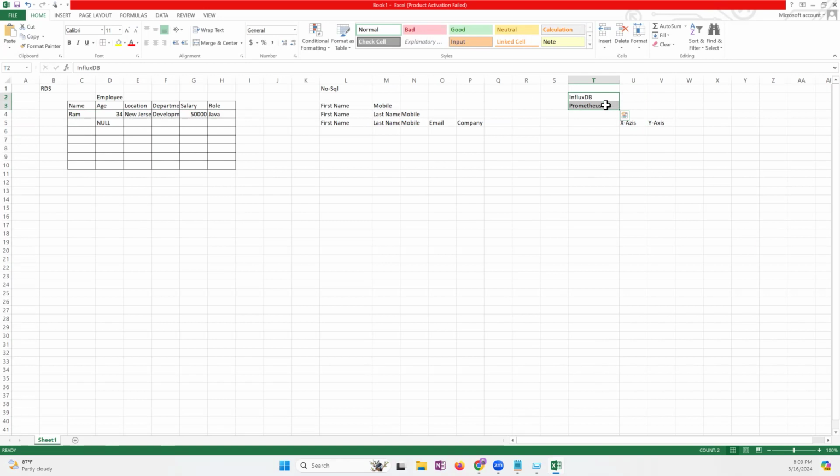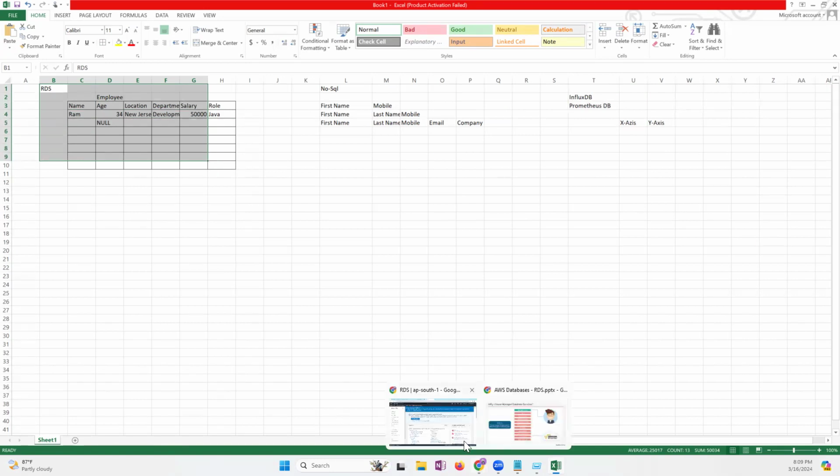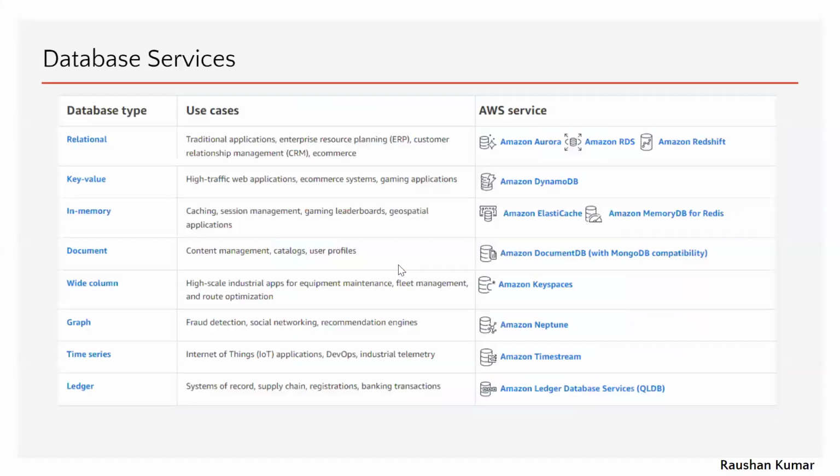I cannot always use RDS or MySQL for every kind of use case. No, the performance will suffer. We cannot do that. That's why we have so many database options, right? I'll give you one of the examples. Look at this. In AWS, we have these many options. We have relational databases, key value databases, in-memory database, document database, wide column database, graph database, time series database, ledger database. So depending on my use case,